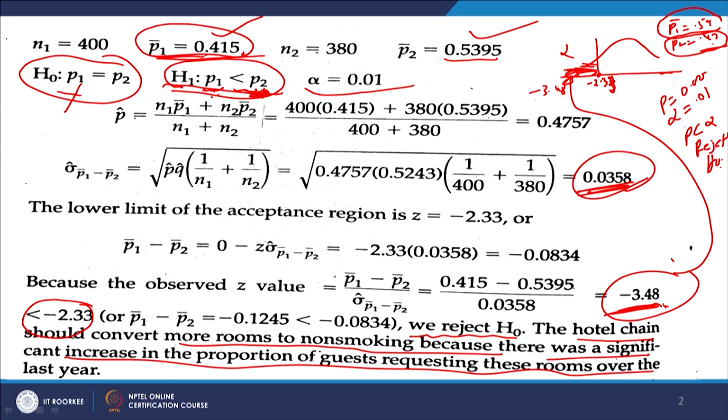So, we can frame the null hypothesis like this: P 1 is equal to P 2, and the alternative P 1 greater than P 2. The number of smokers last year was more than the number of smokers this year. Let us look at whether we reject or do not reject the null hypothesis. Just keep in mind this is 0.59 and this 0.47. So, we will work out this example.